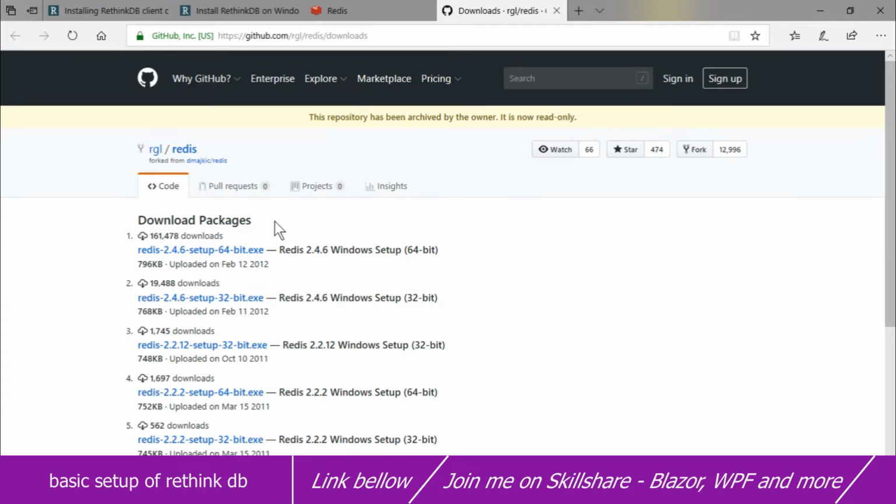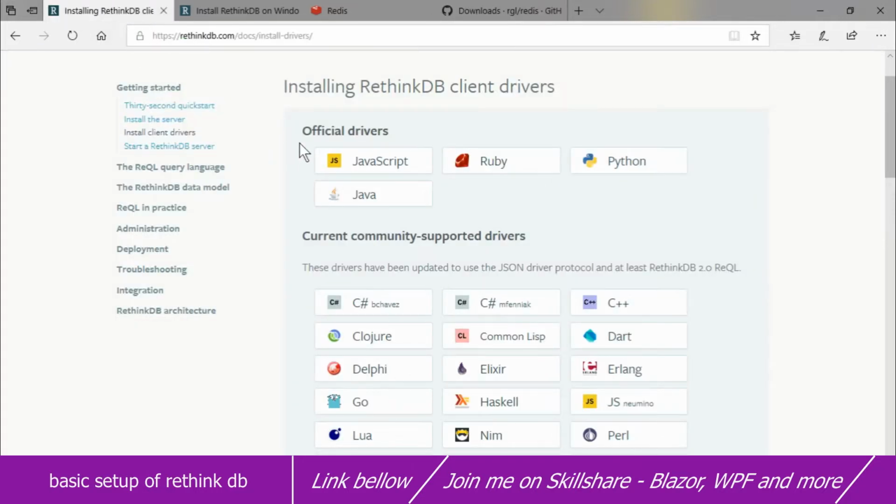And so once we have these two, we need to install the actual client driver, as it is called here. So you have these official drivers. You have one for JavaScript, one for Ruby, and one for Python, and then of course for Java. But we need this C#, and as you can see, it's current community supported drivers. So these are a bit risky. Some are worse, some are great, but we are going to go for the